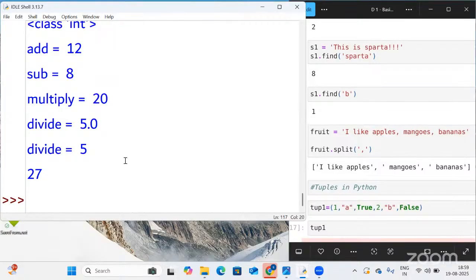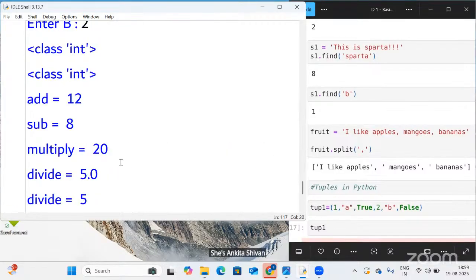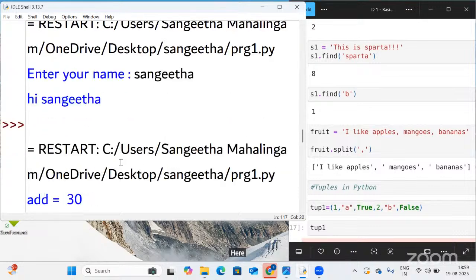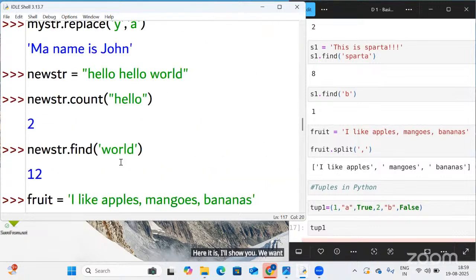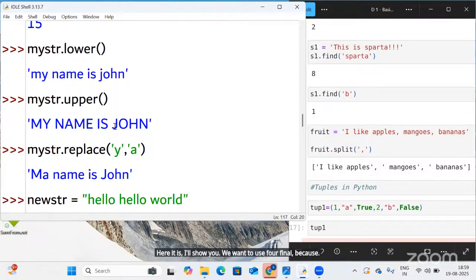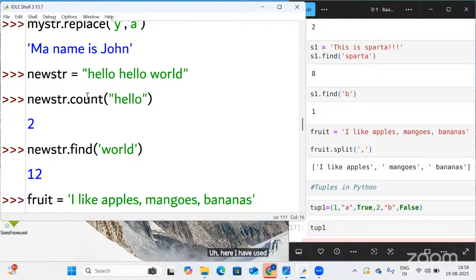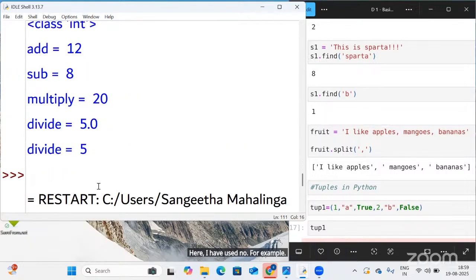See, you need to use the find method. Here it is, I'll show you. You want to use the find method because we don't know where it actually is. See here, my name is John. I want to find the position of John, so I should use the find method.